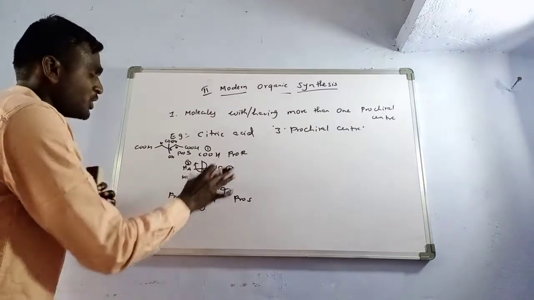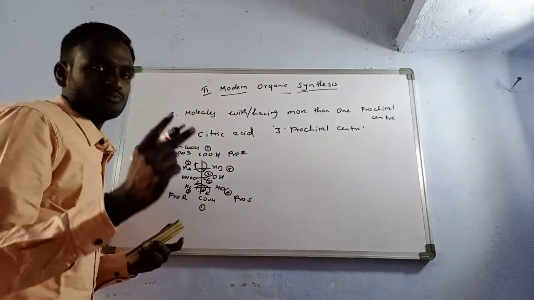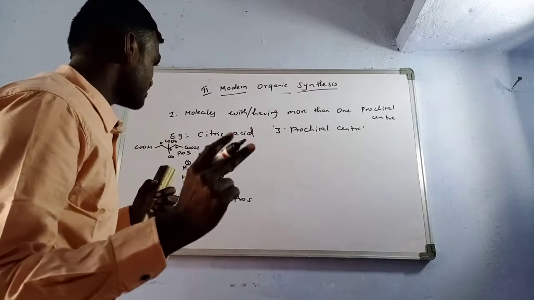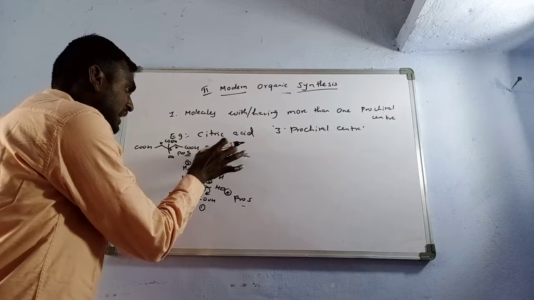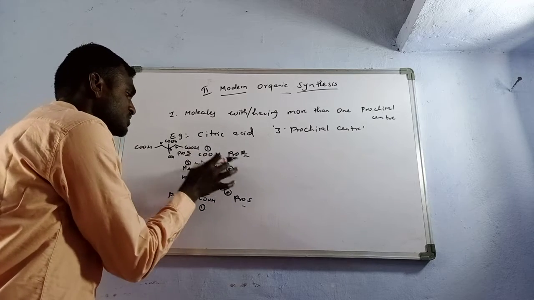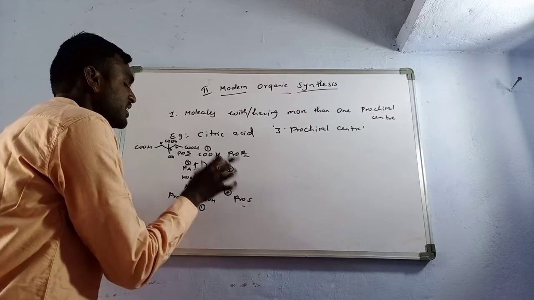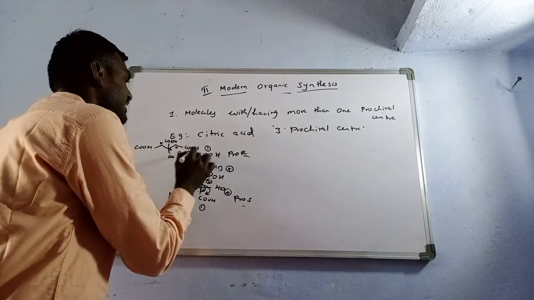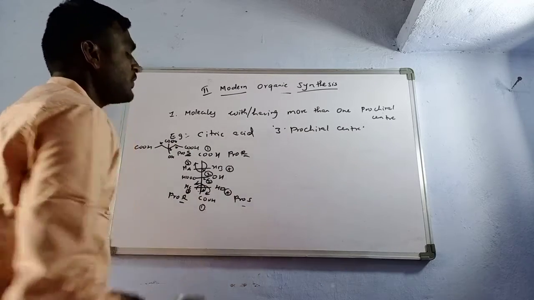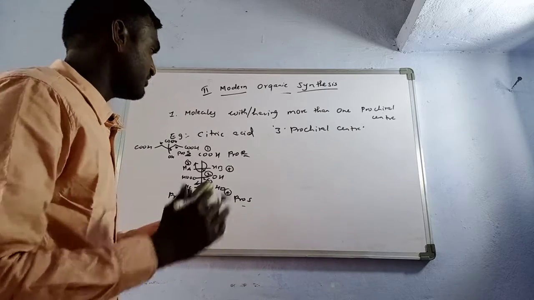So in this molecule there are two configurations, S and R. That means these are the ligands. HA, HB, HC, HD are the ligands. Okay, this is the ligand configuration. Now we are taking the group configuration.